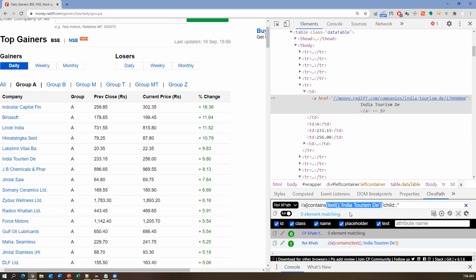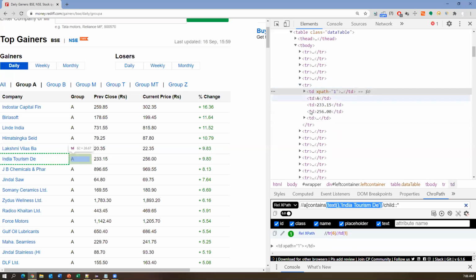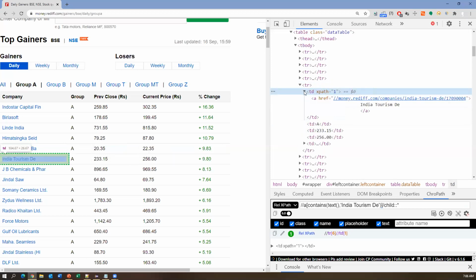Okay, so now what I will do is, first let us go with the ancestor. So here TD, and above the TD there is a TR, right? So TR is an ancestor. First let us navigate to this ancestor, and from there the child nodes are available. For TR, all the TDs are the child nodes. From where do we have to navigate? From the current node. This is my current node. From this I need to go to my ancestor node.